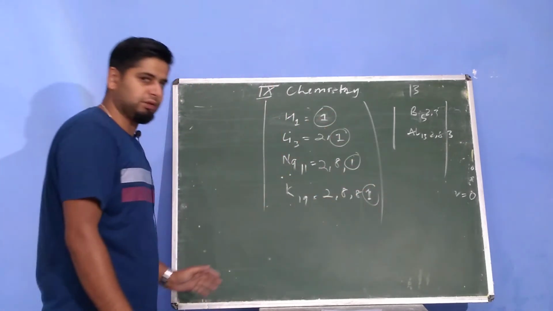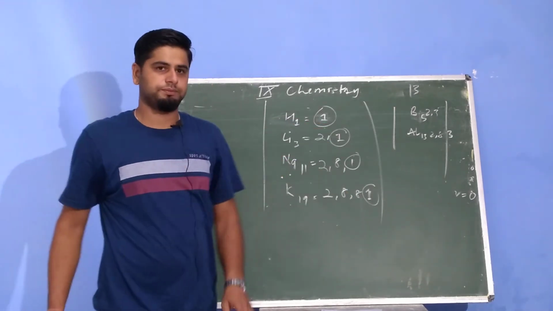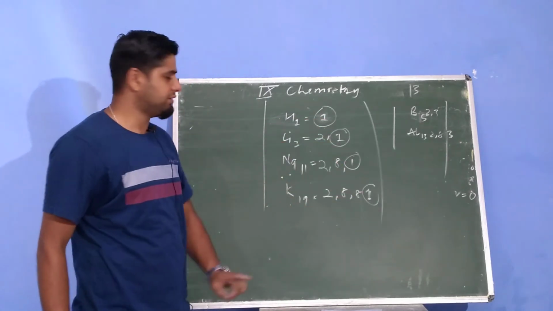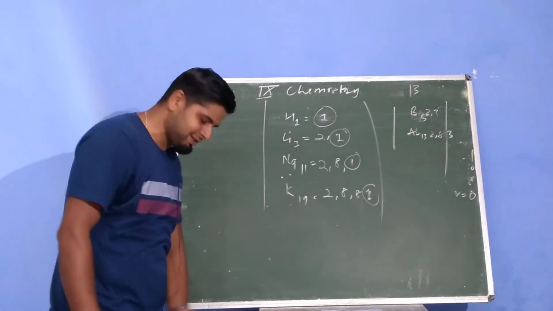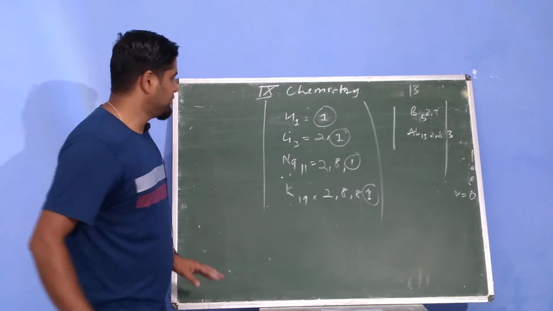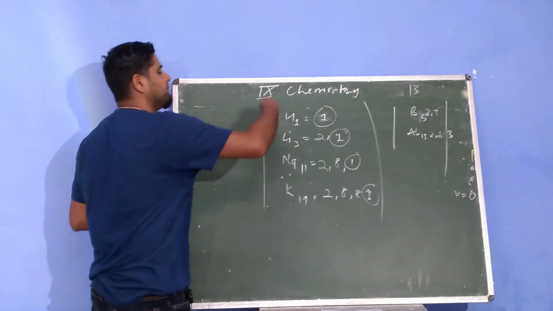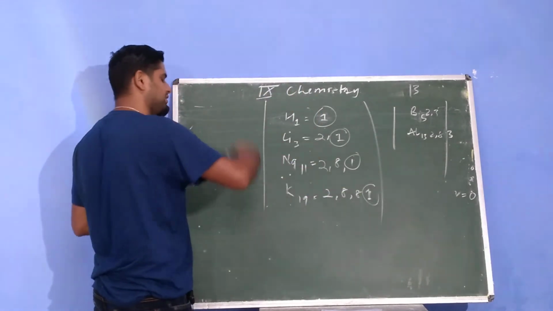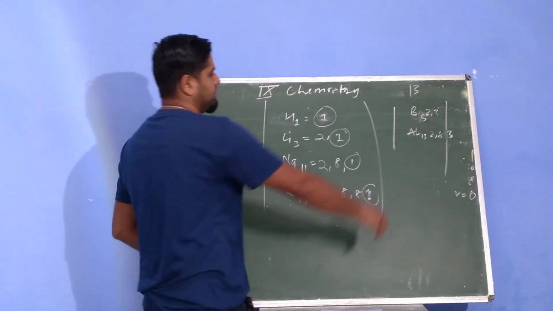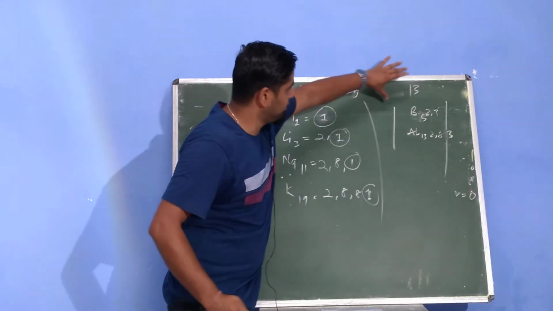In group 1, all the elements possess valence electron 1. That is why the valency for the entire elements in a particular group will be the same. The group number of hydrogen is 1, so the valency is 1. Lithium valency 1, sodium valency 1, potassium valency 1, and every element will have the same valency. Here also boron, aluminum, gallium, indium, and thallium belong to group 13.